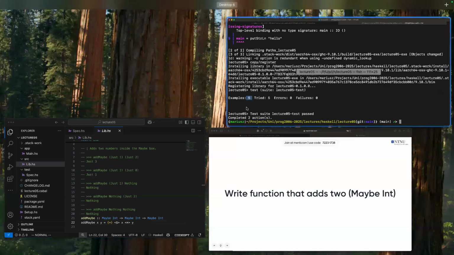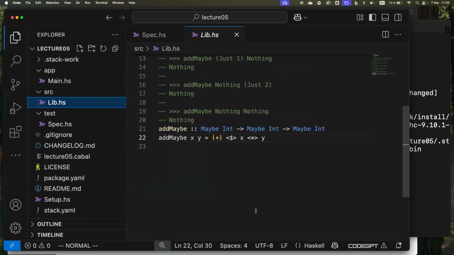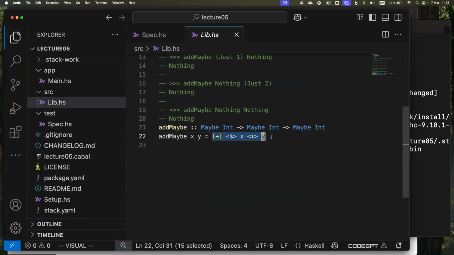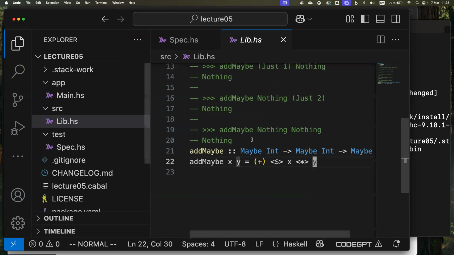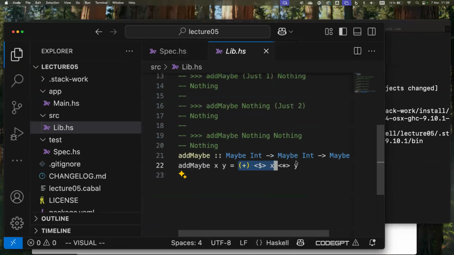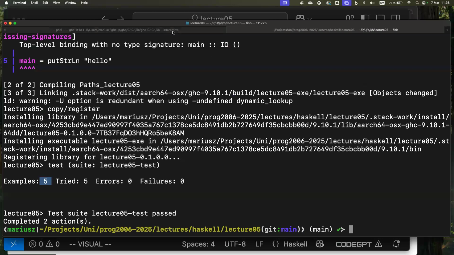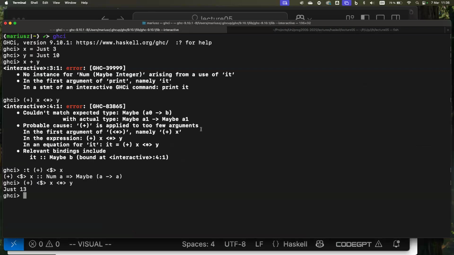All right, so who understands this function? Who understands how it works? Who understands that first part? Nobody? That's not good. So